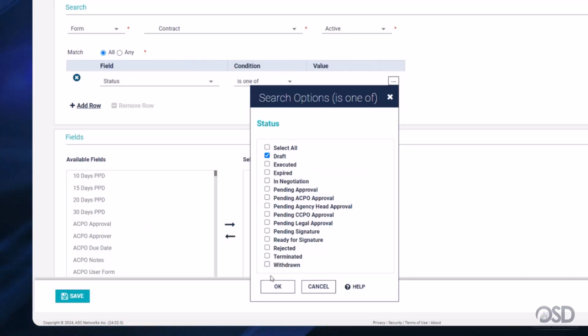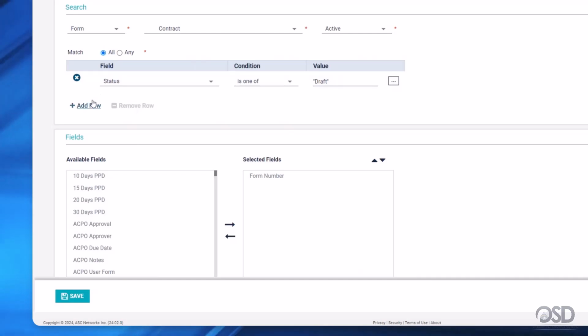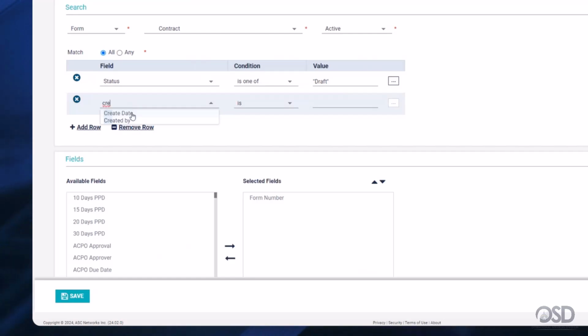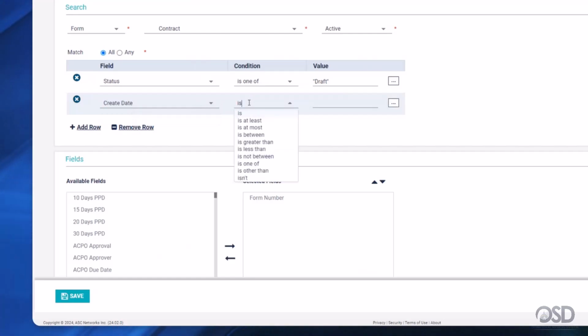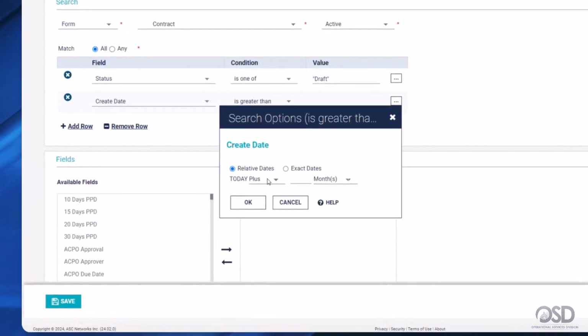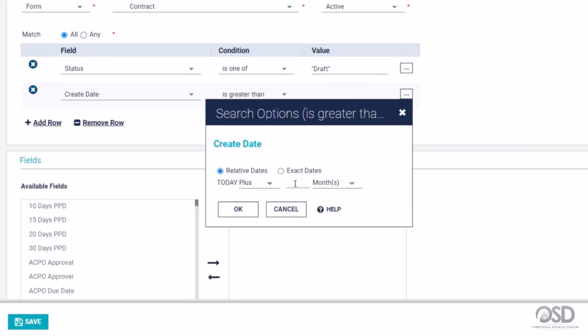So I want to report against all contracts I have in draft. So my second condition I would add is a date parameter. I'd like to search for or report on contracts that have a create date that is greater than April 30th. So when searching in the values section, I'm provided with relative dates where I could have counted back